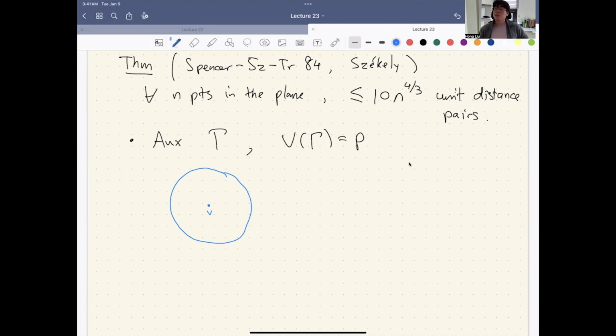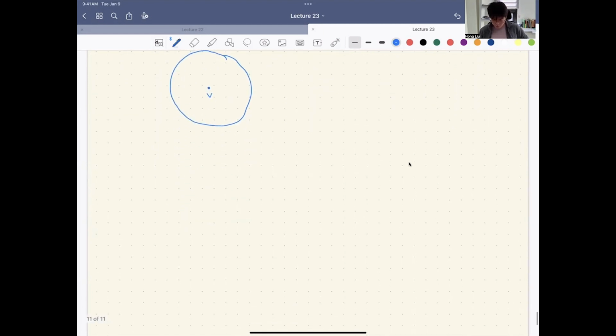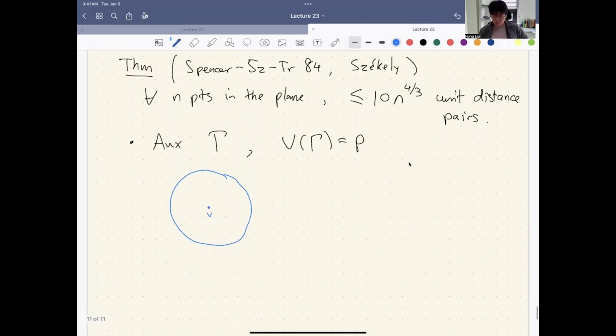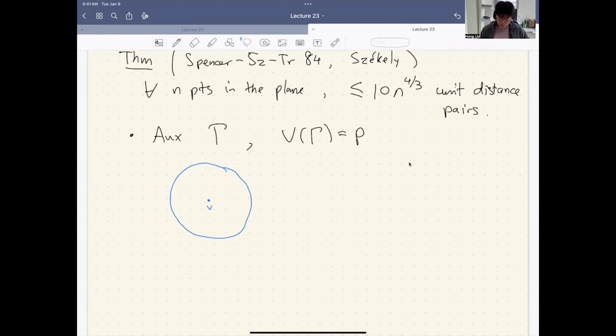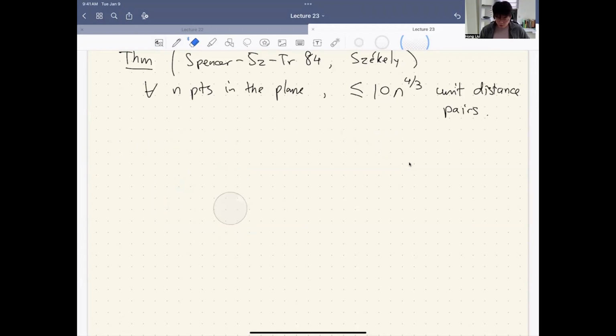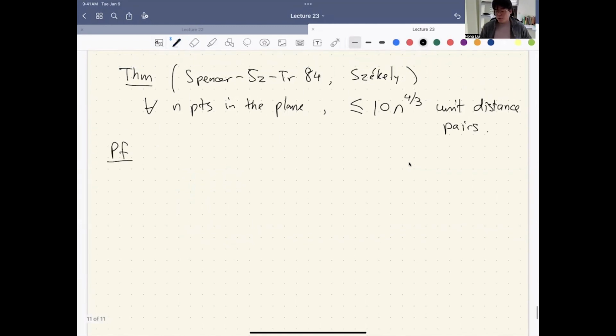Maybe I should do some cleaning first. So let me do some cleaning first. I have lots of space here. Very good. Let me do some cleaning. Let me delete this for now. Proof. We have these n points, right? Now we can